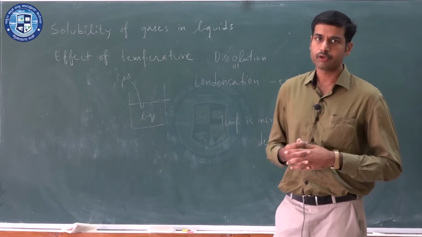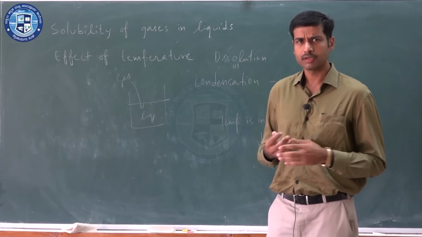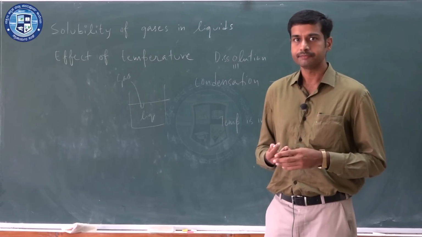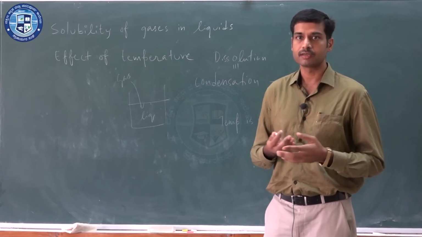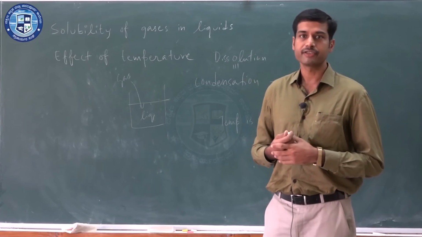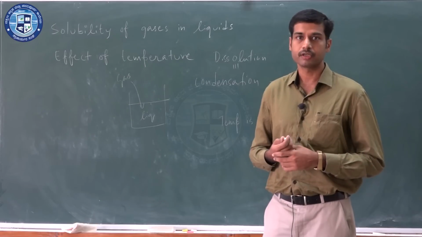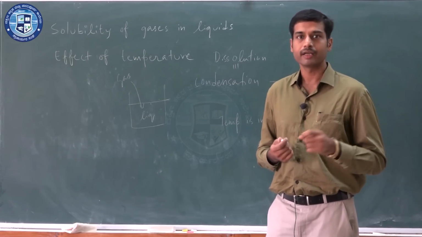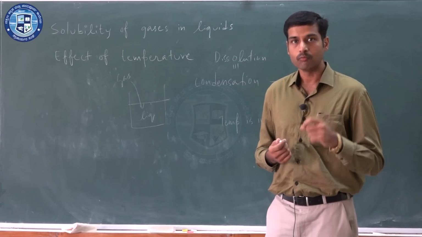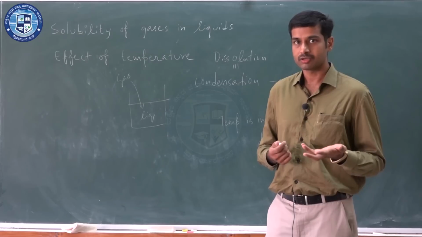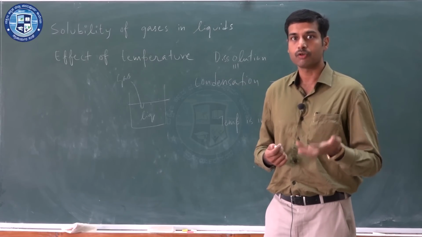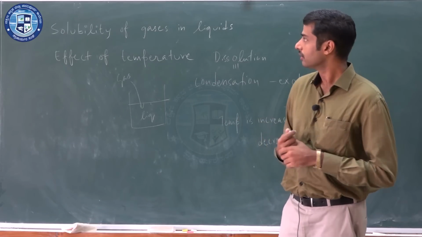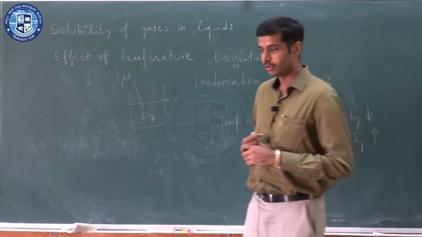Now, what is one application that we observe because of this? We observe that aquatic life, the population is more in cold water. If you consider the sea, in the upper portion the temperature is higher, the lower portion temperature is lower, and therefore the marine life will be more in colder water, because in cold water the percentage of oxygen that is dissolved will be greater. So, this is the effect of temperature on the solubility of gases in liquids.